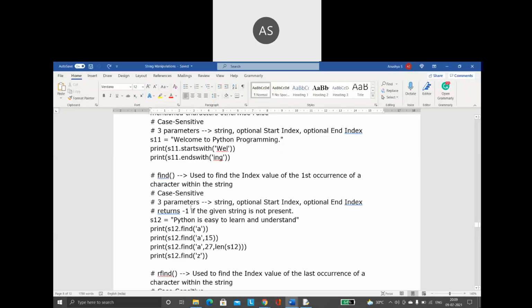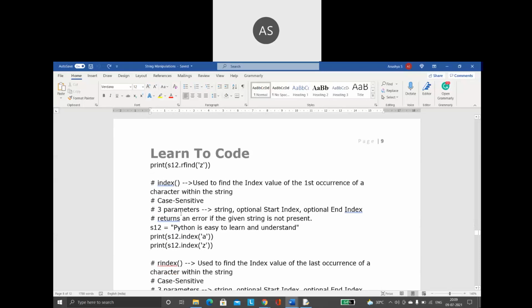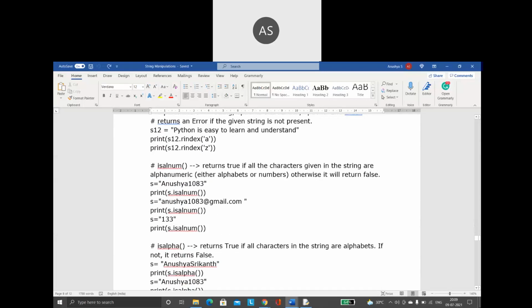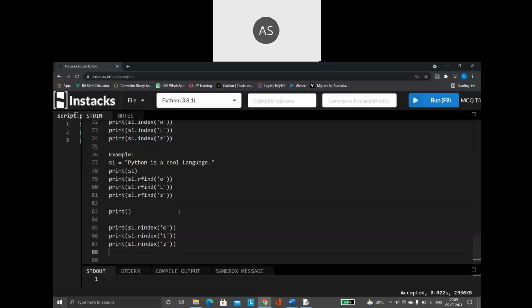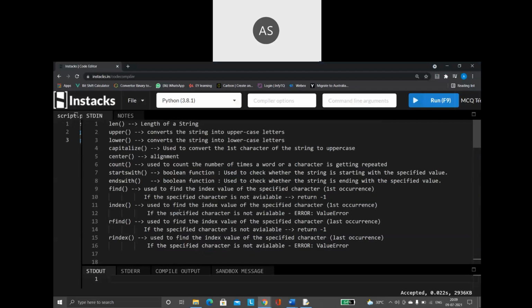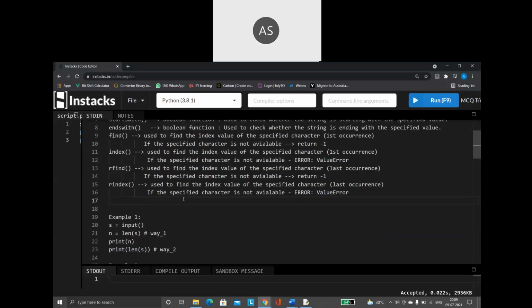Okay, so now what is next? After these four functions, the next functions are a series of Boolean functions: isalpha, isdigit, isalnum, isupper, islower.